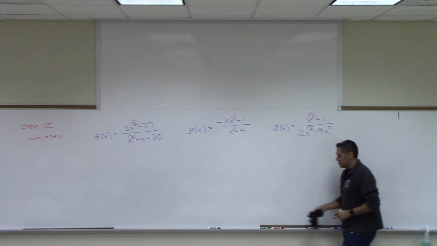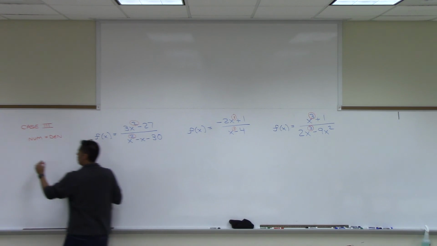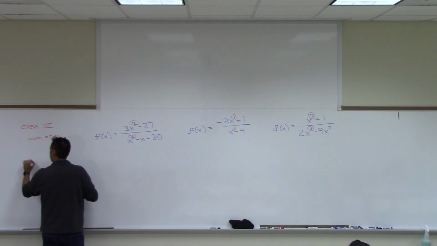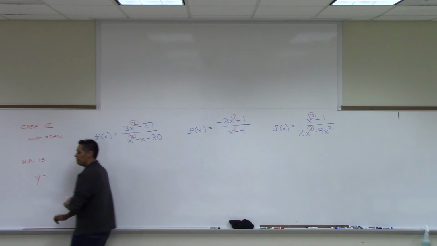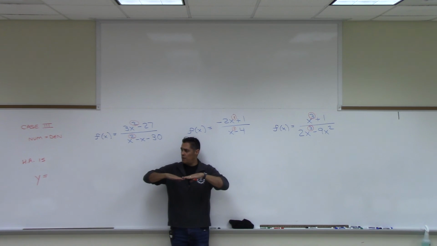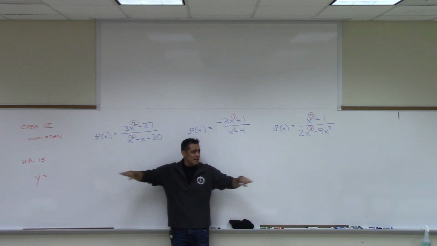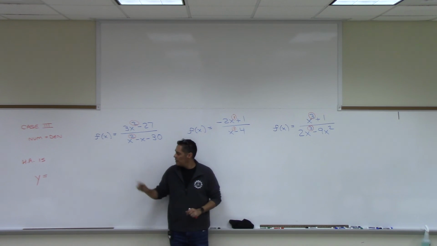In this case, here's what we get. We have a horizontal asymptote. Our horizontal asymptote is y equals, so you know in case 1 it was y equals 0, which was basically the x-axis, right? It was just a horizontal line, 0. You don't go up or down, just horizontal line, right? Here we're going to have a